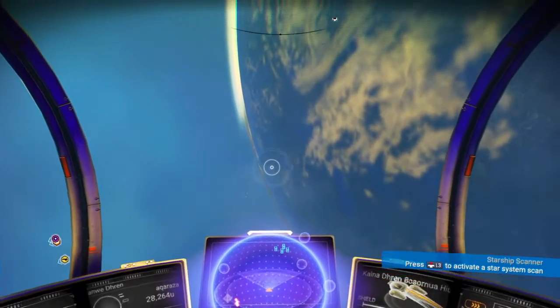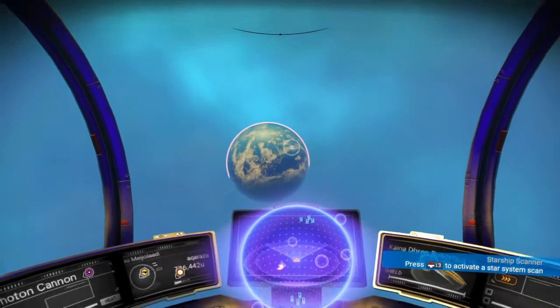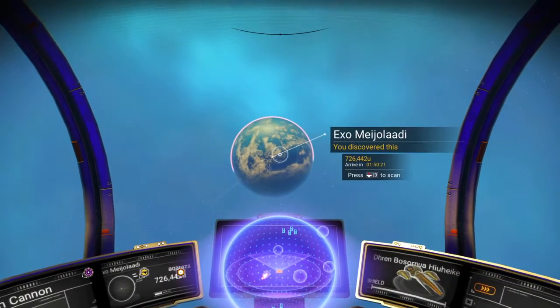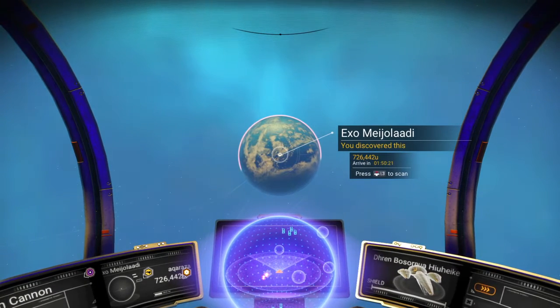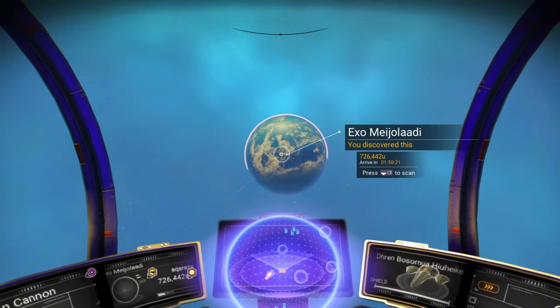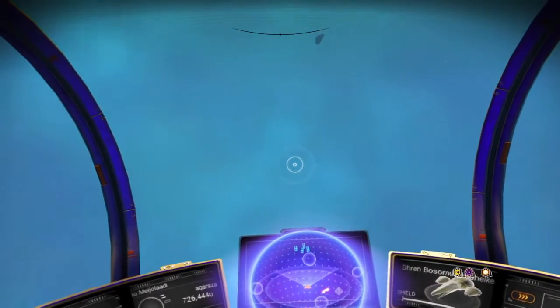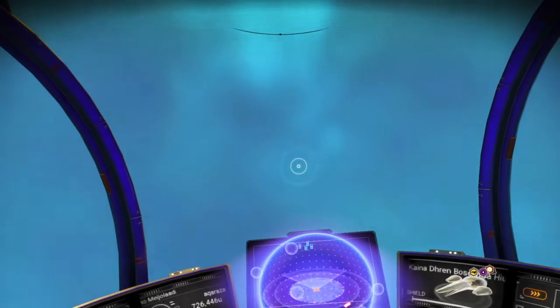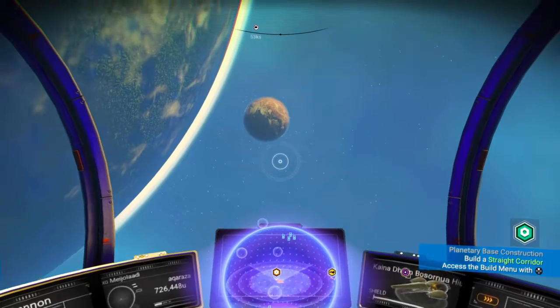Here's what I do if I want to explore a whole system. I want to be able to go to these other worlds and know which ones I have been to. Oh, I've already explored that one. So Exo Majoladi is an exotic planet, an exotic world. It has some artifact. We'll go back and check that out, because I don't remember what it was. Majoladi is probably pretty close to the original name of the world. If we continue to orbit our field of vision until we see another world, here we find